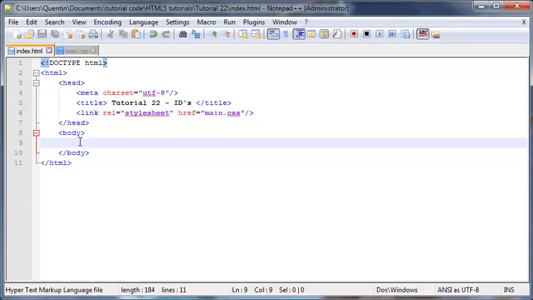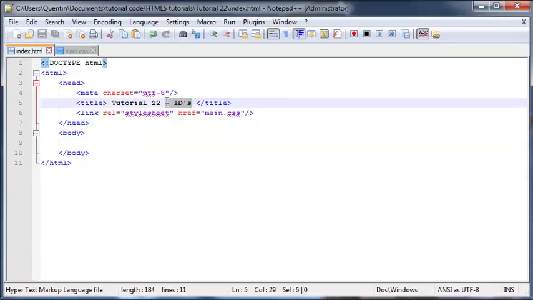It's Quinton here and welcome to tutorial number 22, and in this tutorial I am going to show you guys how to style elements on your web page using an ID. Okay, now if you guys watched the previous tutorial, then you know that in that tutorial I spoke to you guys about classes, and if you didn't watch that tutorial, then I'm going to make a few references to